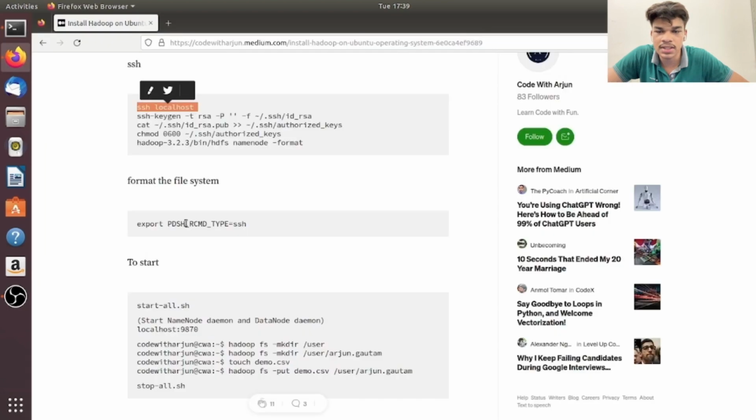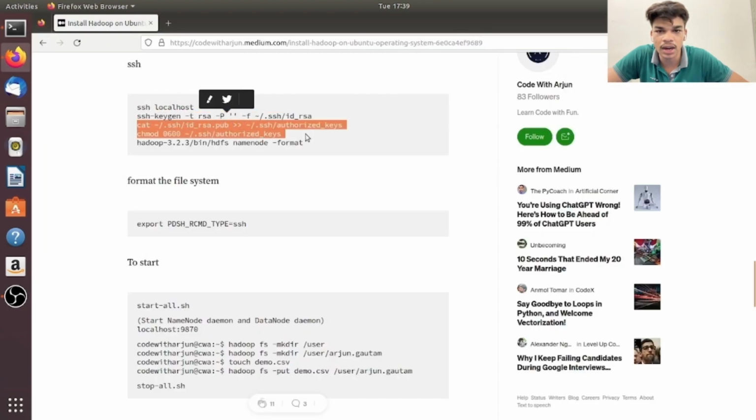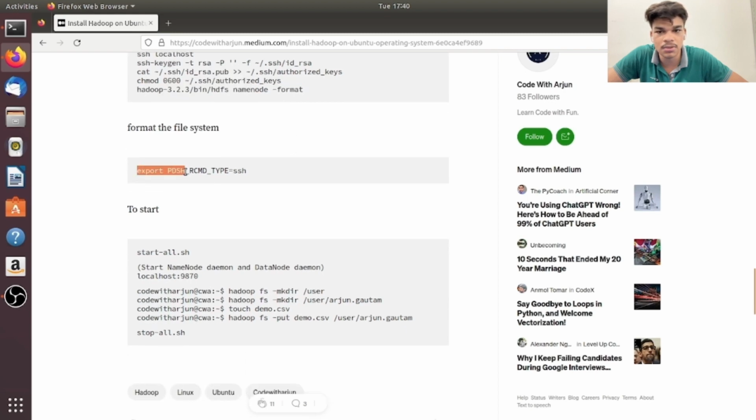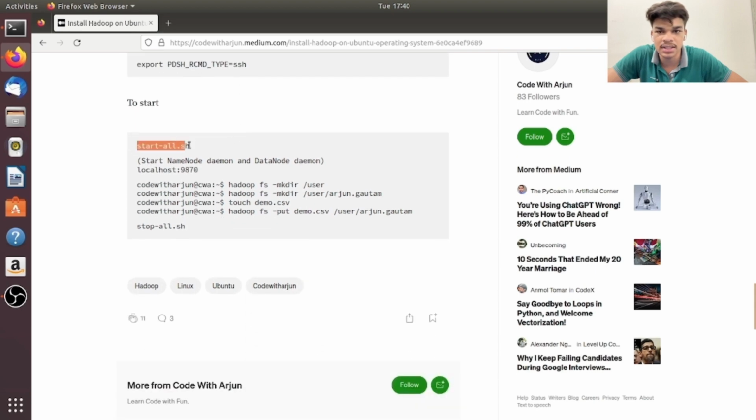Now we are going to SSH to localhost. Then we are going to generate a key. Then we are going to cat the key and copy it into authorized keys, and then we'll be formatting the name node. As it has already been done before, we are just showing the commands. Now we are going to export the SSH key and then